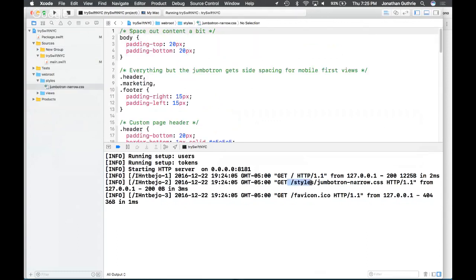Okay, and so that's the reason why I've told Xcode to use my project directory as the current working directory.